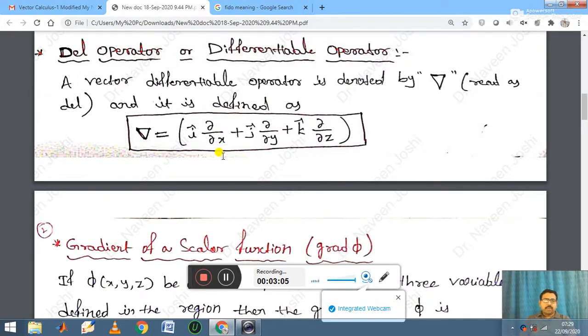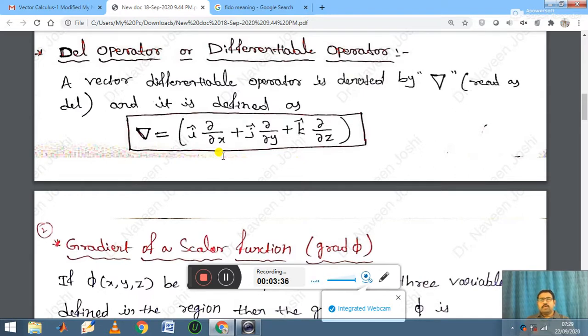Then let's mainly focus on vector differentiation. When we enter the concept of vector calculus, two concepts are very important: vector differentiation and vector integration. Both are very important in view of examinations, and most universities have incorporated this syllabus. So now I am going to explain what vector differentiation is.